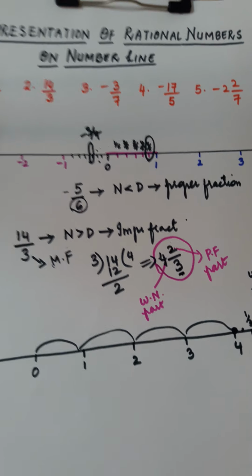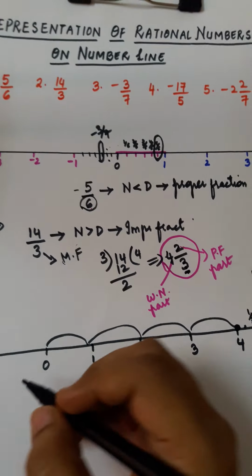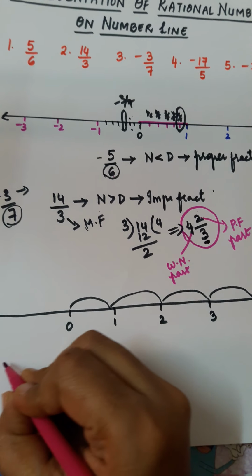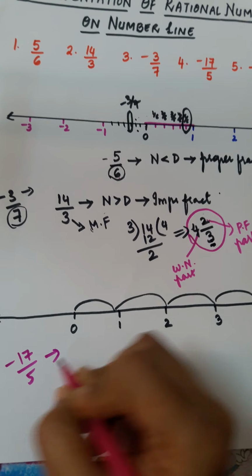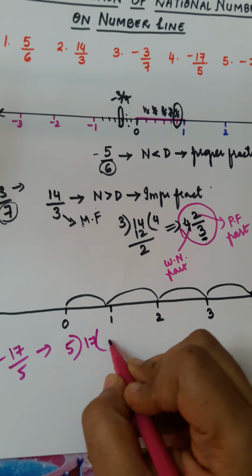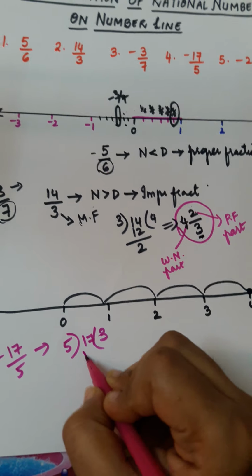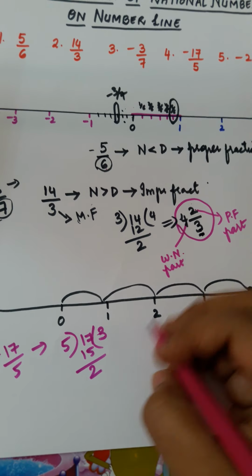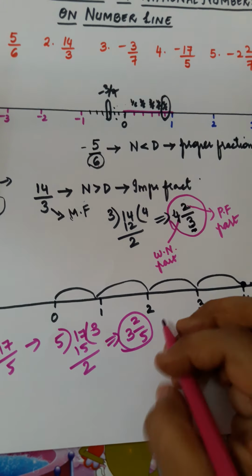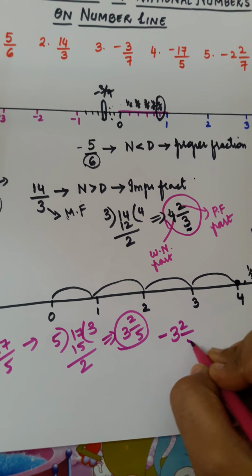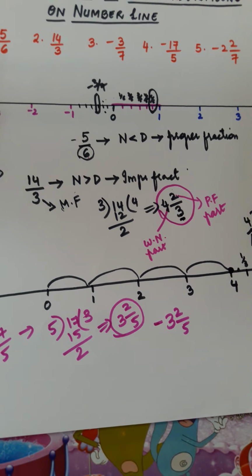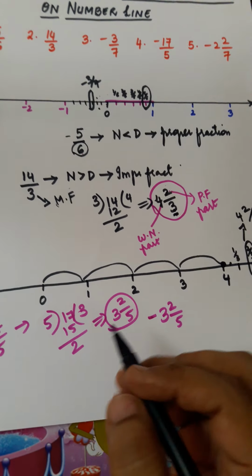Now in the same way, minus 17 by 5. Let me show it over here, minus 17 by 5. First of all, let us convert 17 by 5 into a mixed fraction. 5 3s are 15, so 2 is remaining over here, so 3 2 by 5, this is your mixed fraction part. Again it is minus 3 2 by 5. Now you consider this minus. So minus means first of all what you will do over here,